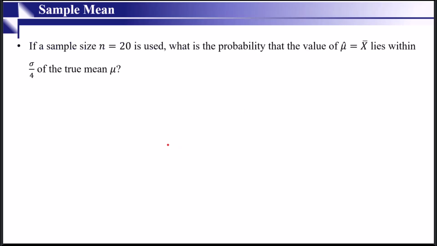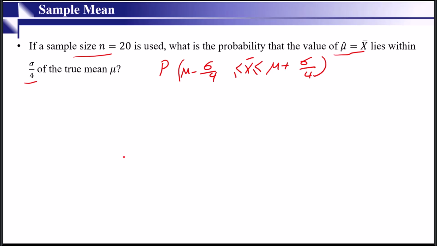So here is an interesting question. If you use a certain sample size, what is the probability that the sample mean lies within a certain distance of the true mean? This depends on the standard error and the distribution, which we will explore next with an example. So if a sample size n equal to 20 is used, what is the probability that the value mu hat equal to x bar lies within sigma over 4 of the true mean mu? So it means what is the probability of x bar between mu minus sigma by 4 and mu plus sigma by 4,